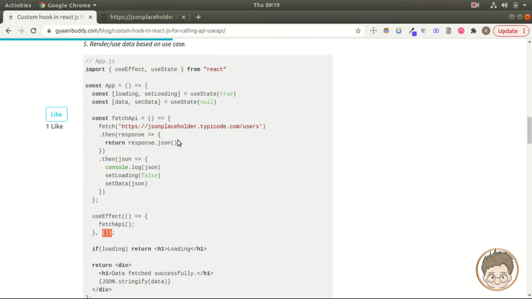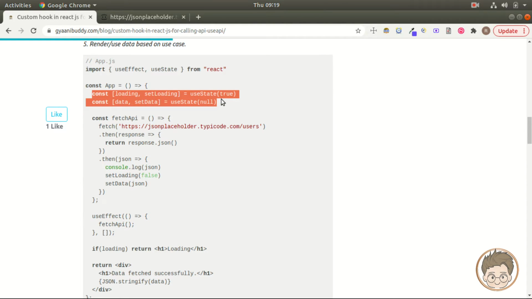So this is the code, very basic code. This is the main app.js file, and this is the App component. Here we use two useState variables, loading and data. Loading will initially be true because once the component is loaded on the screen, it will first call the fetch API.